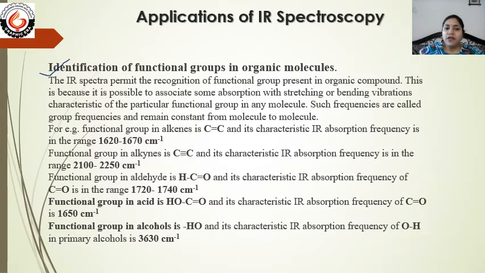There are different regions, as we have already discussed in the earlier slide, like different regions for C double bond C, C triple bond C, C-H, C double bond O, O-H, etc. All the functional groups have characteristic absorption frequencies, and you can easily find a list of absorption frequencies for different types of functional groups. So we can simply match the frequencies and read on the spectrum which type of functional group is present in the particular sample compound.